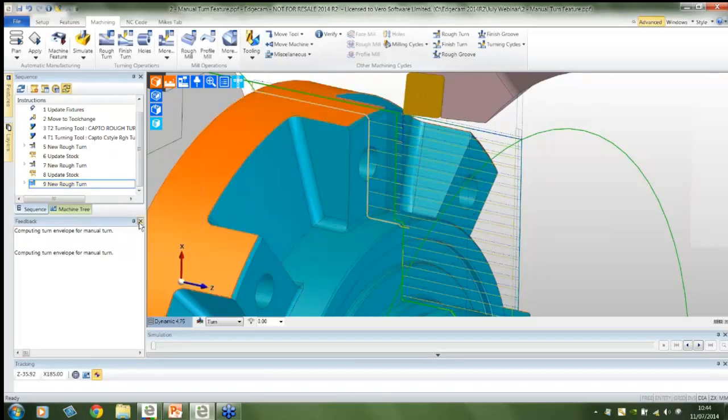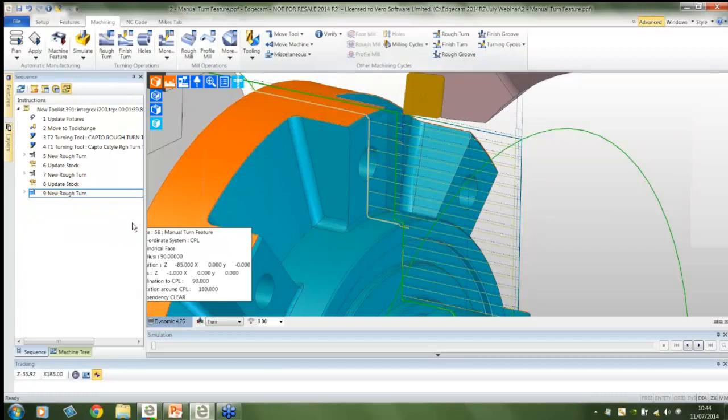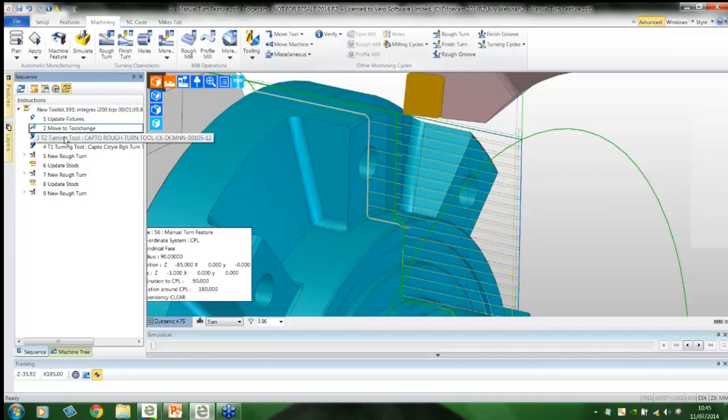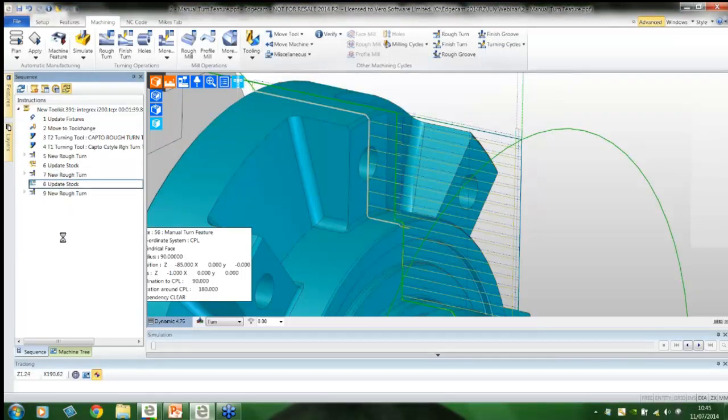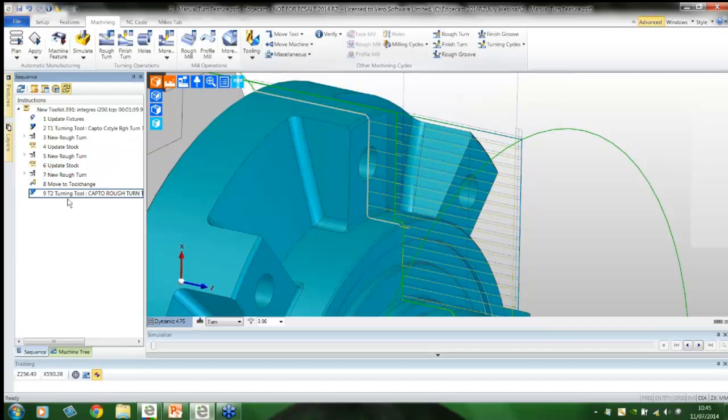Now I obviously want a finish cycle, and that finish cycle wants to be linked to it. So I'll just copy these two fellows down, just to save us going in trying to find the tool change and find the cap-toe finishing turning tool. So I'm ready now to start doing my finish turn